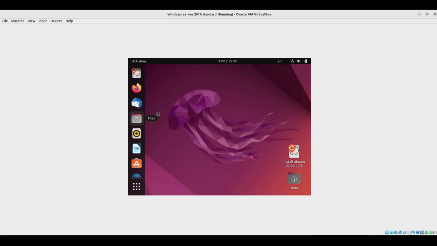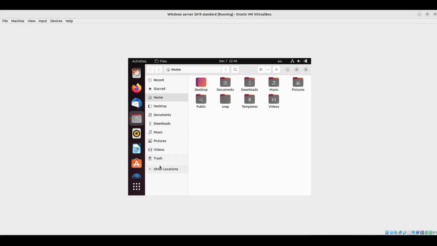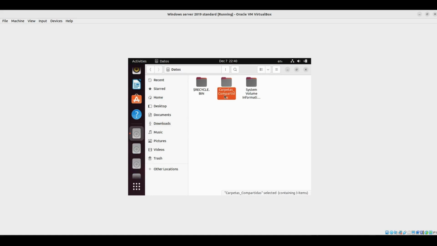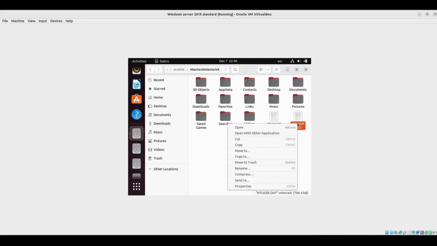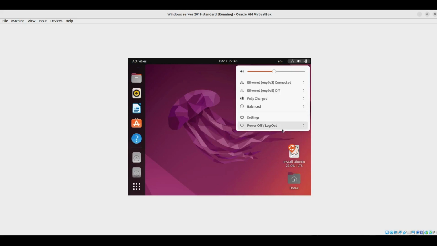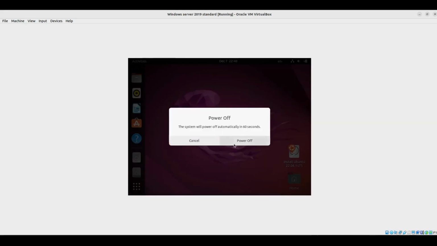Go to files, other locations, data, server folders, mobile, maintenance, NTUSER.DAT. We rename it as man, rename it, and if we now turn off the computer, that account is going to be obligatory in the next login if